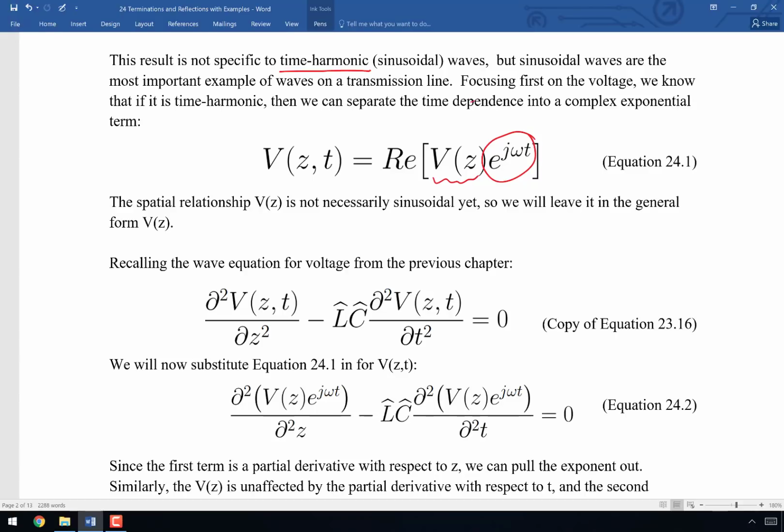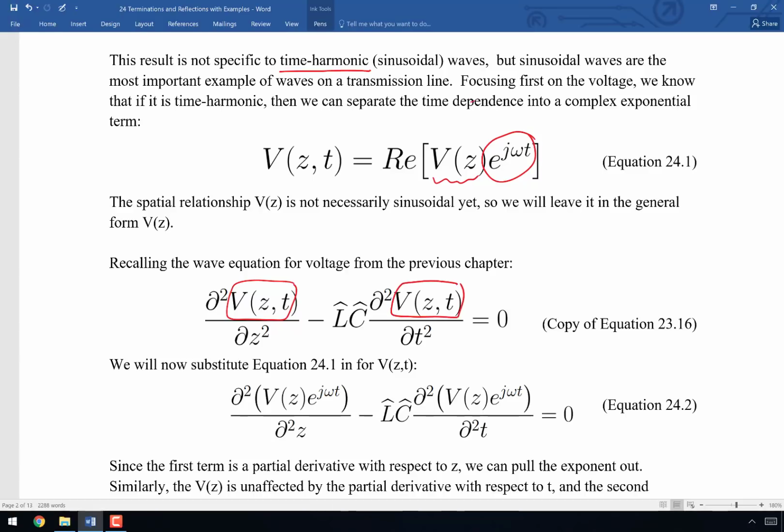We derived those directly from the equivalent circuit model and Kirchhoff's laws. From there, we derived this equation, which told us that waves would propagate down a transmission line. Now we're going to substitute our new equation, 24.1, into the two places where v of z comma t occurs